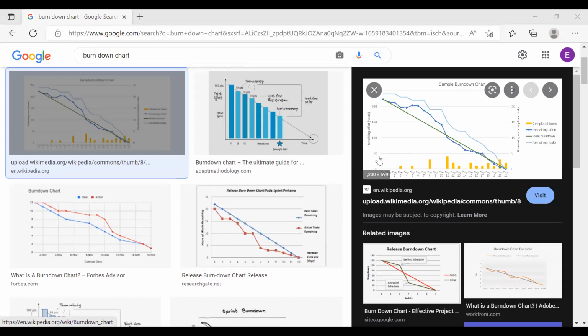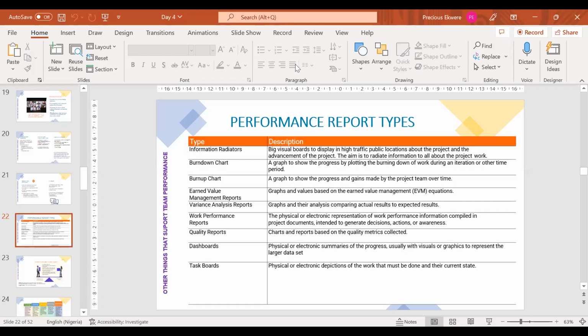Now you see, let's say the hours at the beginning. This is a simple burn down chart. At the beginning of the day, hours was 200. But in the course of the day, the hours are reducing, so it's burning down. Literally the same thing, some other charts will burn up. We did this. Please go back to the planning video and engage with it. You would see a whole lot of things that we had done on that day.